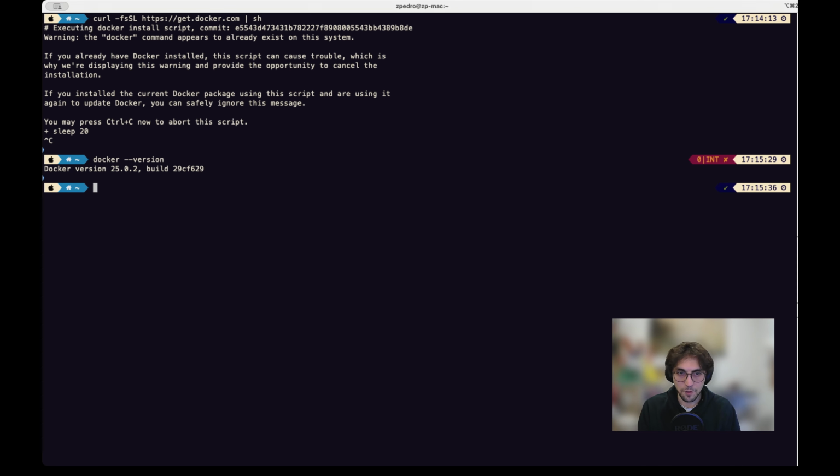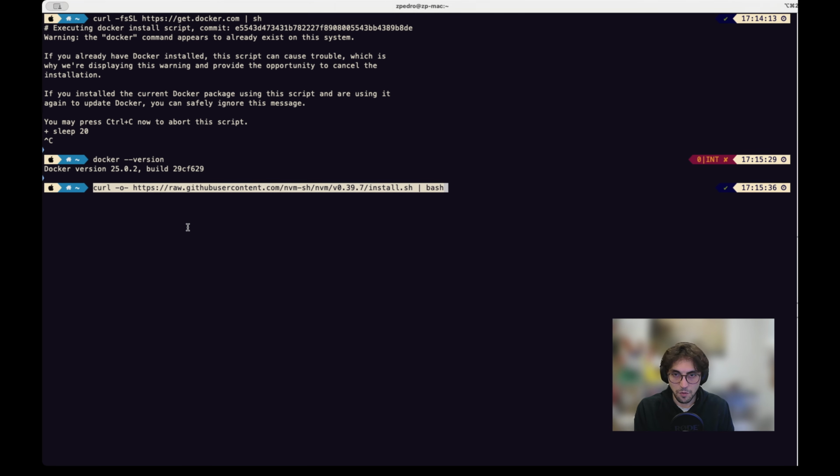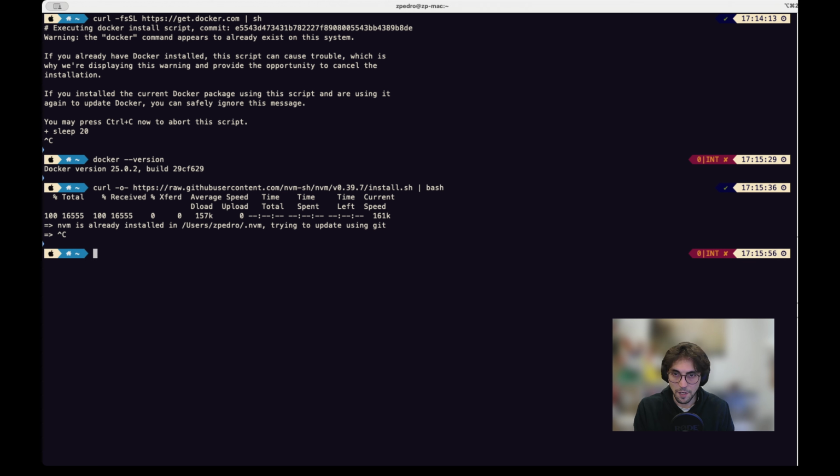You also need Node installed. If you don't have Node installed, I recommend installing it via NVM, which is a really cool version manager. So you can also run just this command and it will install NVM. In my case, it's already installed. And then from then on, you can just run nvm install node, and that will give you the latest version of Node. Once you have these two very common dependencies, you can just run npm create aztec-app,